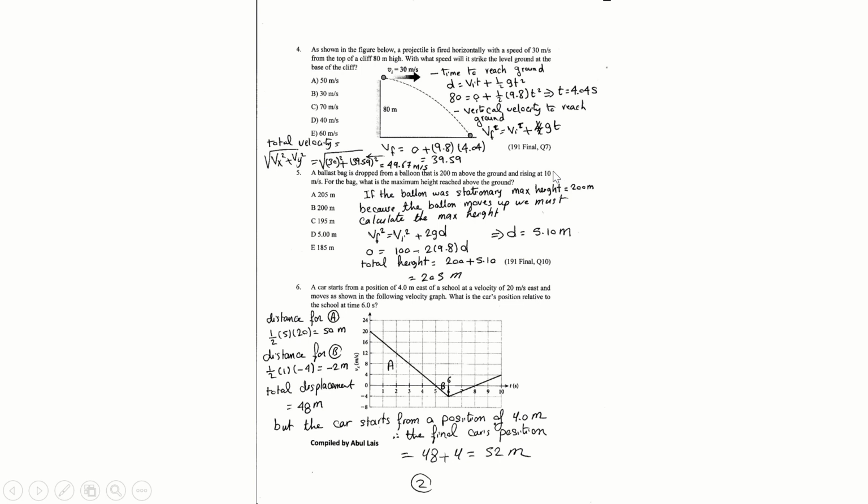So if you want to know what is the maximum height, then we need to use this equation that says V final squared equals V initial squared plus 2GD. Now for the maximum height, we know that the final velocity would equal 0, and here I have the initial velocity squared, 10 squared, which is 100, and because this balloon is moving up, I will use negative 2 times 9.8 multiplied by d. In this case, I can solve for d, which would be